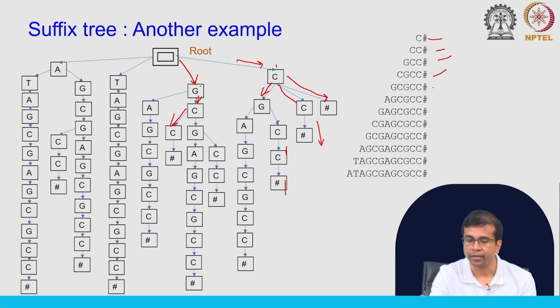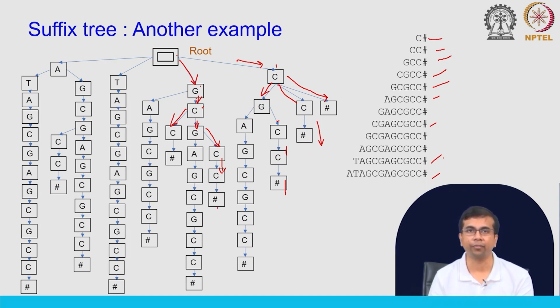Then we have GC, GCC. Now, what we will see is that from this root to G to C, this path already exists, and what we need to do then is add a path to G, and then to C, and then we have reached the leaf. So, this way we can go on for all of them, and you will end up with a tree structure like this. You have to do this by hand. So, I will encourage you to take any example like this and do it yourself, and then you will understand